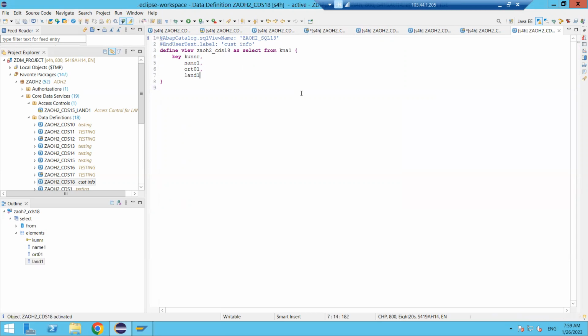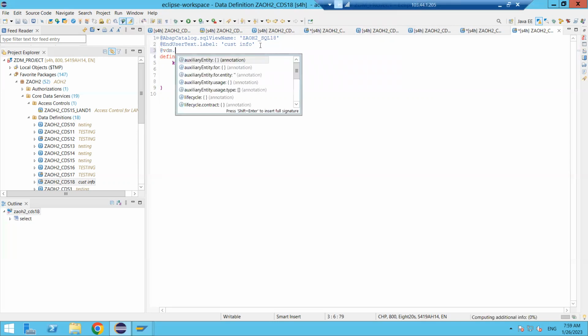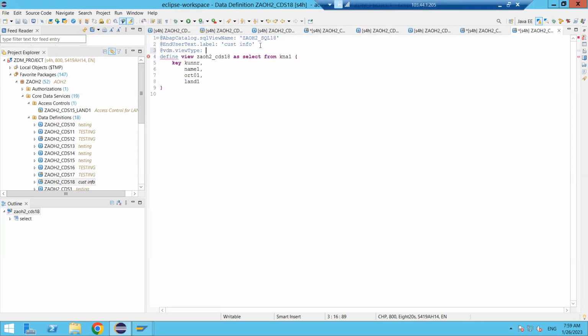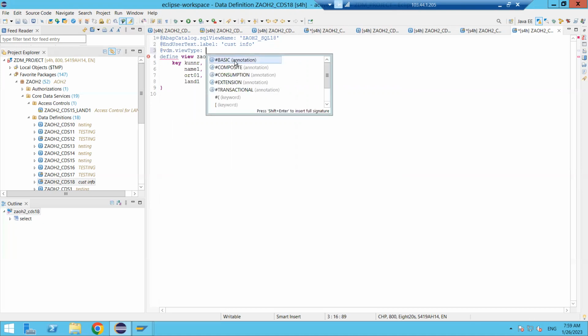Fine, this is a normal CDS view only. Now I want to apply something VDM. So the virtual data model I have to apply here. For that, we have to apply some annotations like @VDM.viewType. If you press Control plus Space here, it shows something: basic,